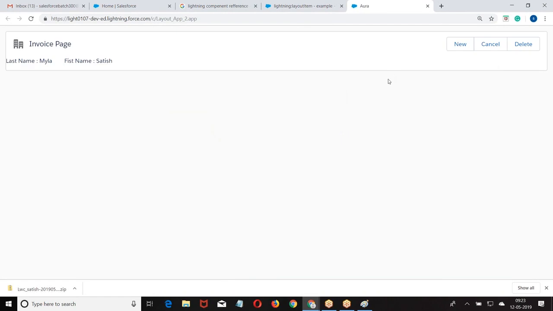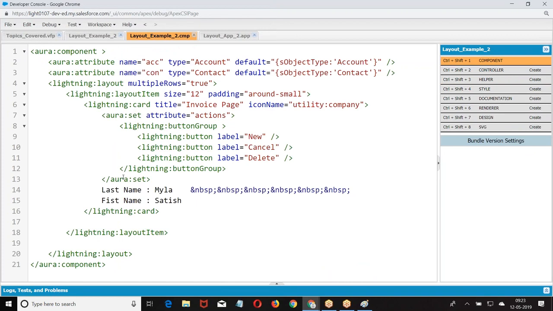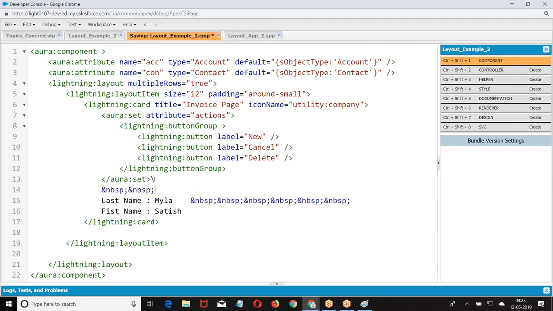Right? This is the structure I get. Because I gave size equal to 12, we got this data in a single row.